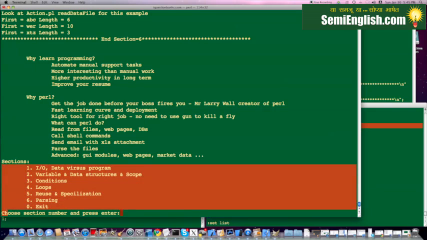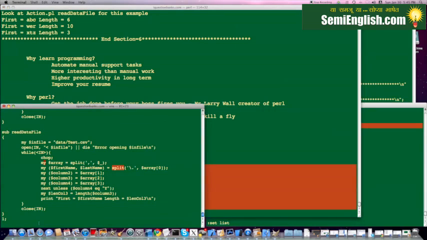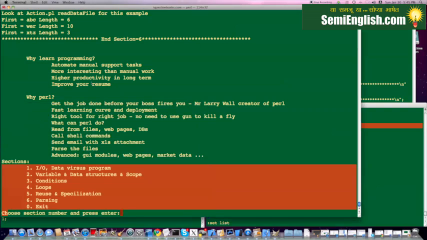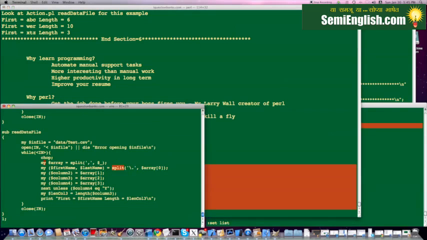Now I told you before that you can actually read from a database. In this tutorial I did not show you how to read from a database, but remember it's not that difficult. You can search for sample programs on the web. Fundamentally, even when you're reading from a database, the basic things don't change. Here you're telling the path of the file. In case of a database, you will give the path of your database server name, your user ID, your password, and the actual database name. And in the same way, like here you open the file, you open the database